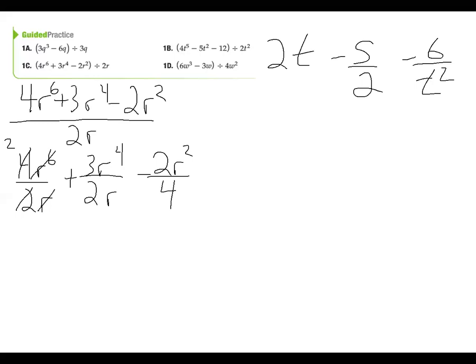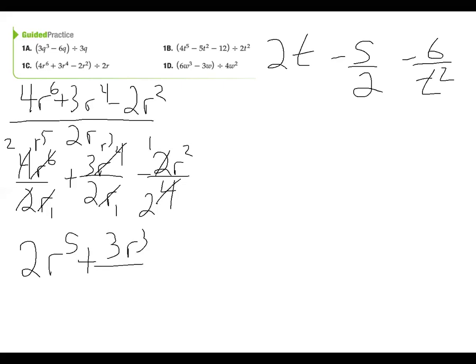Here, the factor of r cancels, making this r to the 5th. Here, factor of r cancels, making this r cubed. Factor of 2 cancels. So you would have 2r to the 5th plus 3r cubed over 2 minus